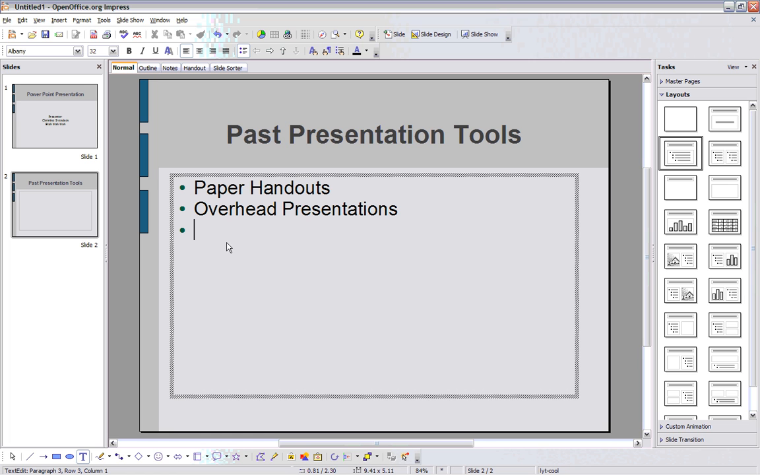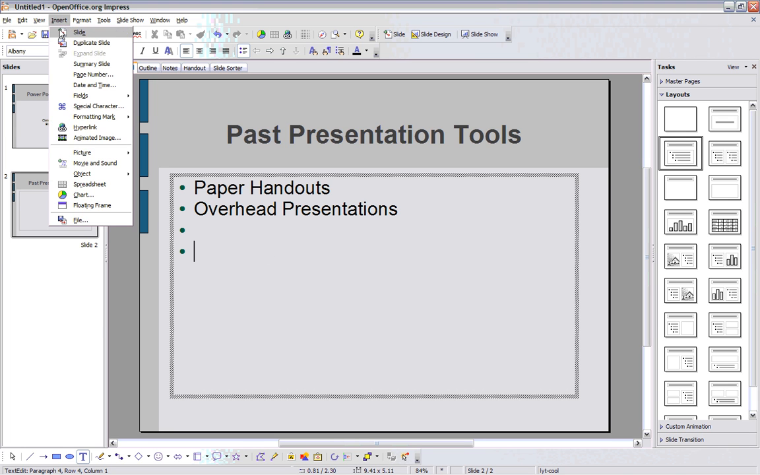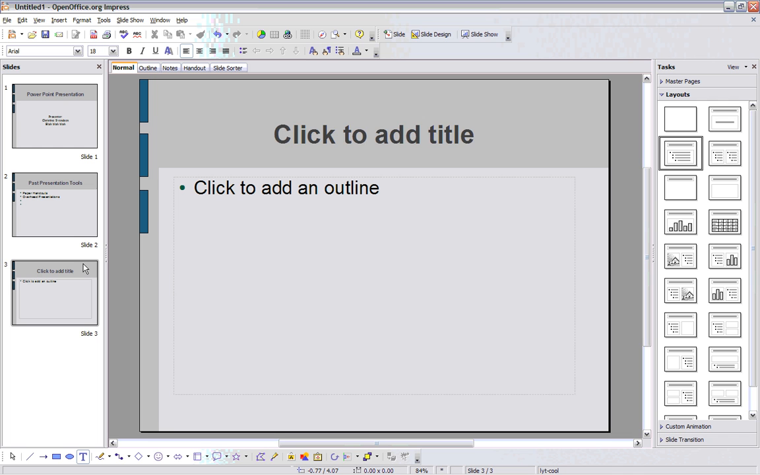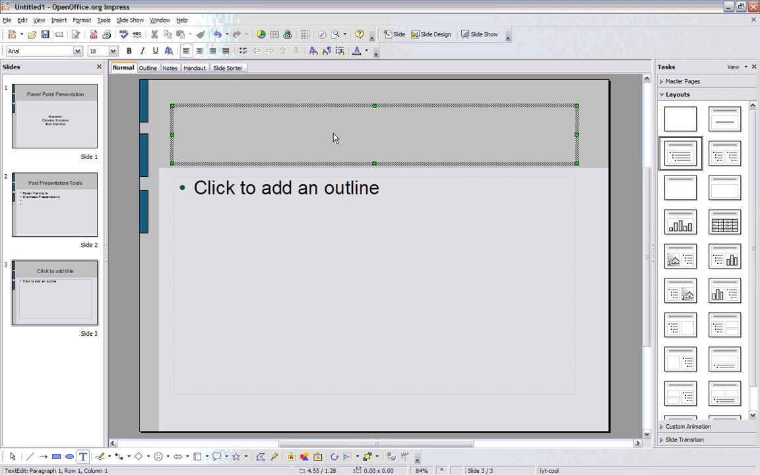Okay, and every time we hit enter, it automatically puts another bullet for us. If we don't like those bullets, we can obviously go in and change them to something that we do like. I'm going to insert another slide. Okay, and it's as easy as that. So now when I go to look at my slide sorter, let's say